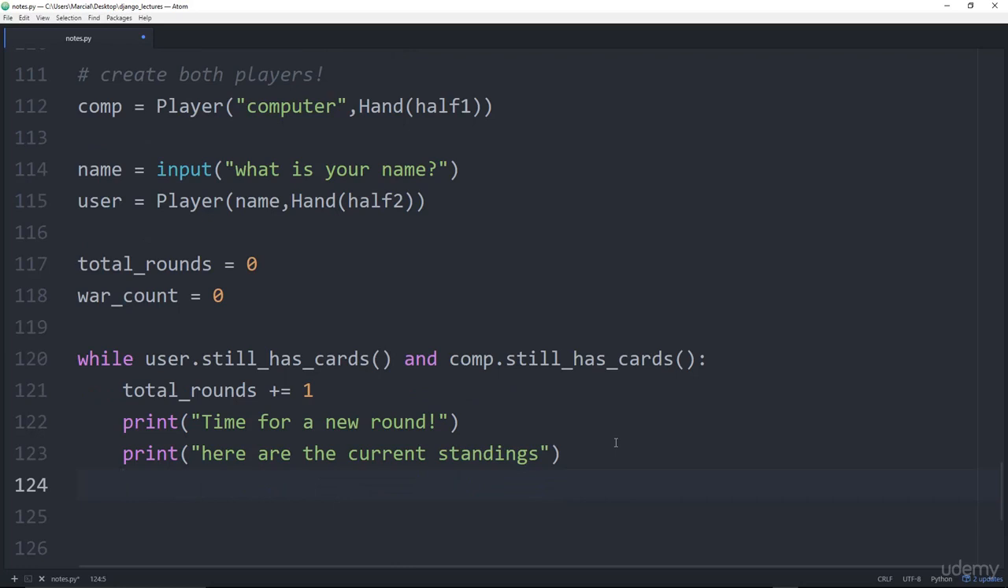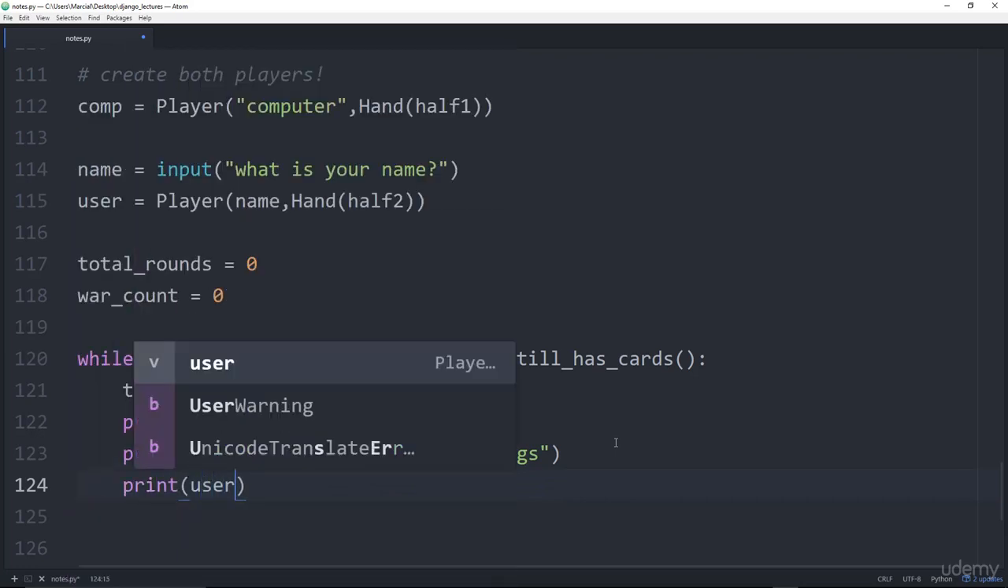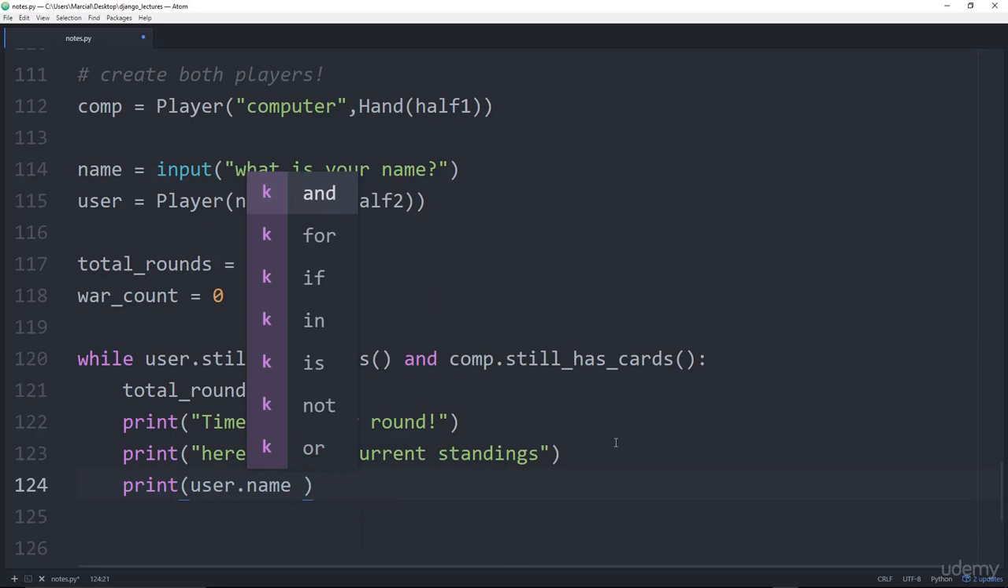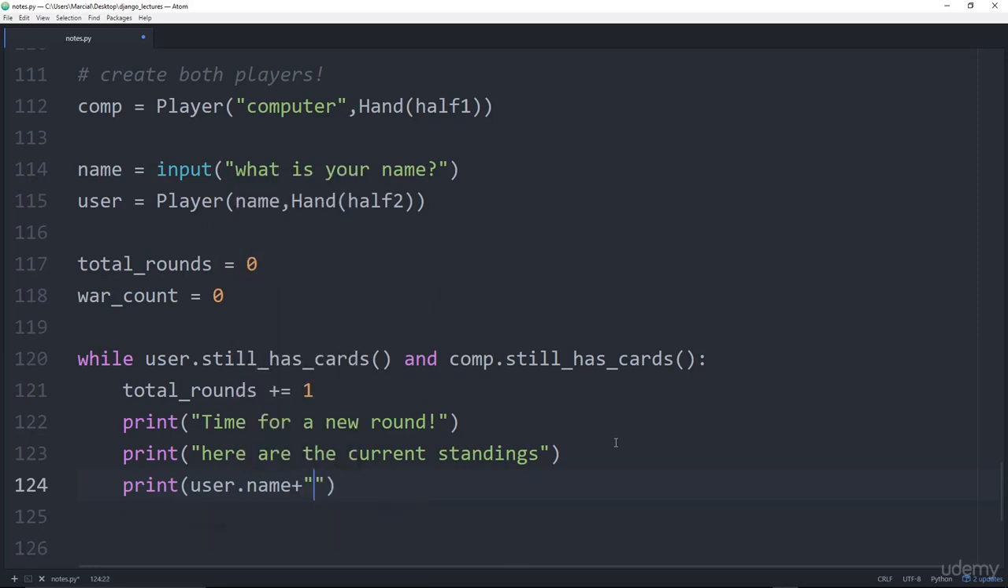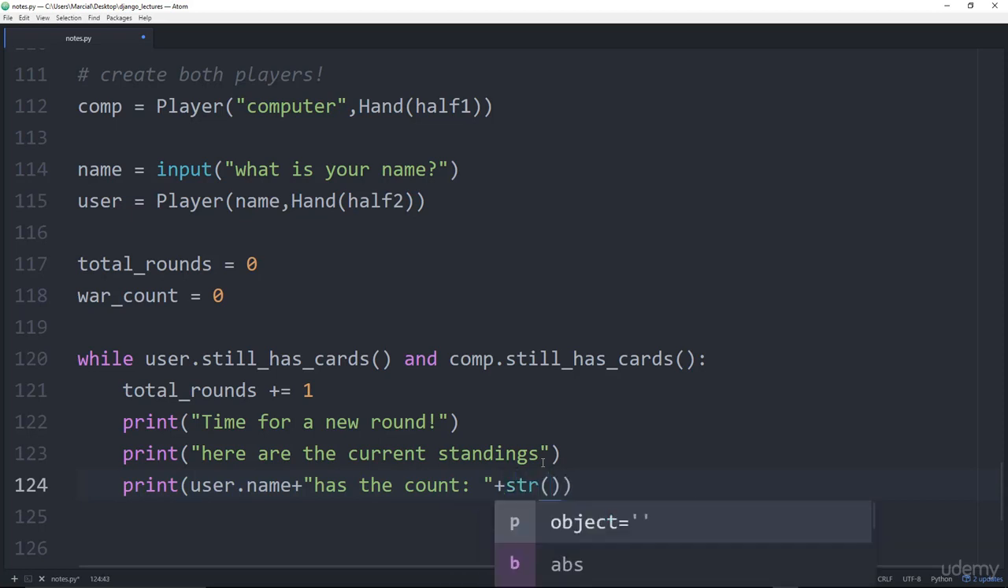And then what I'm going to end up doing is saying print user.name plus has the count. And then I actually want to grab how many cards are left. In that case, that's just the actual length. So I will say has the count plus, and we'll cast it to a string. There's many ways you could do this. You could also have built in your own str special method inside of this. And we can say